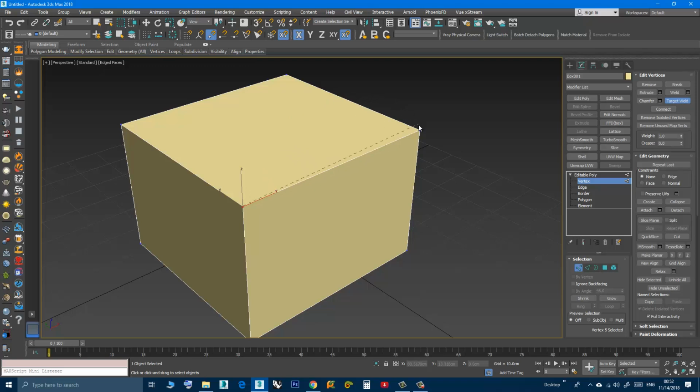to another vertex, but on one condition: the other vertex must share an edge with this vertex. I cannot use this tool, for example, between this one and this one, because there is no direct edge between them. So I will move my mouse, and when I'm here, you can see the mouse changes, and when I click,